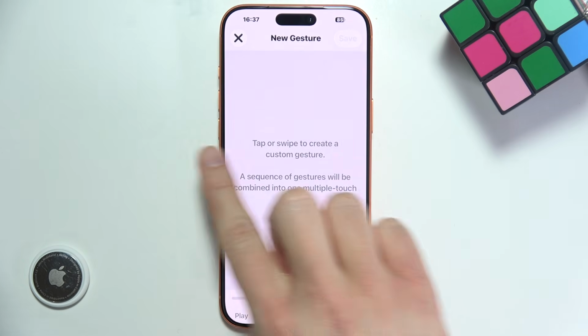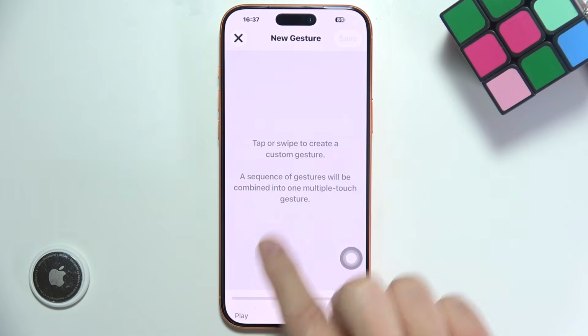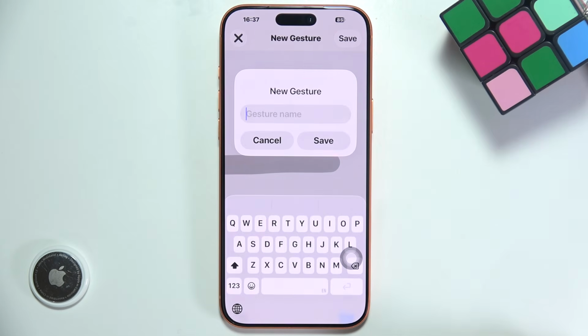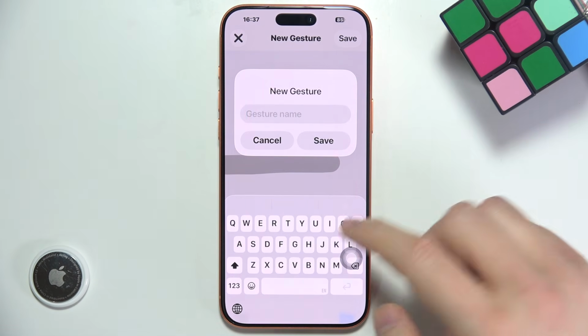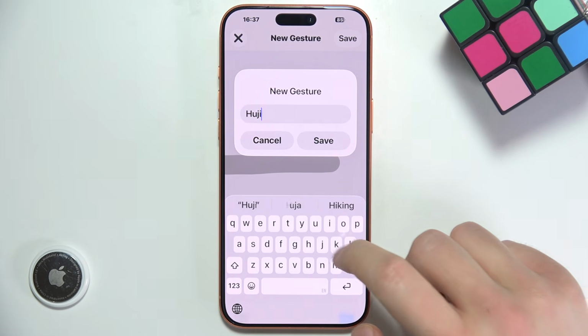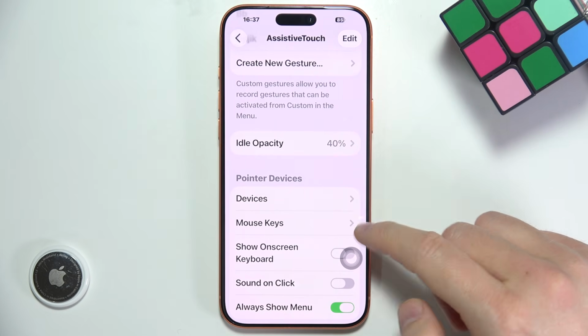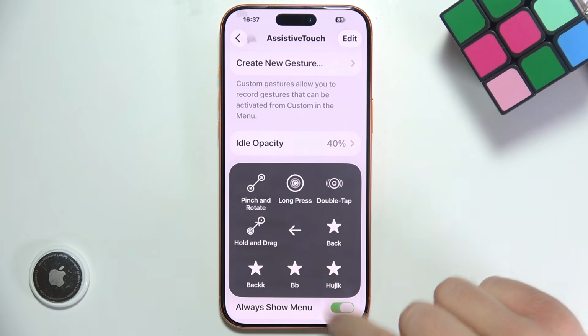You have to swipe quickly from the left side of your screen. Take a look. And release. Now click save in the right upper corner and set a name for this shortcut. Click save. And now if you want to use it, click here, click on the custom and bring it to